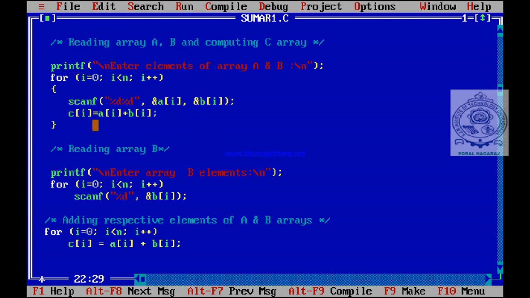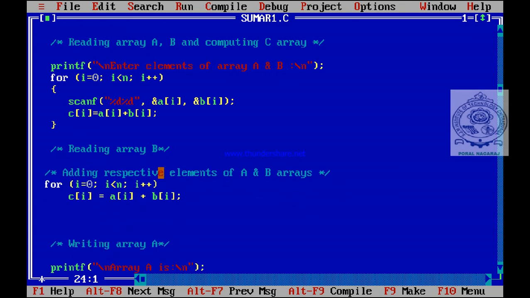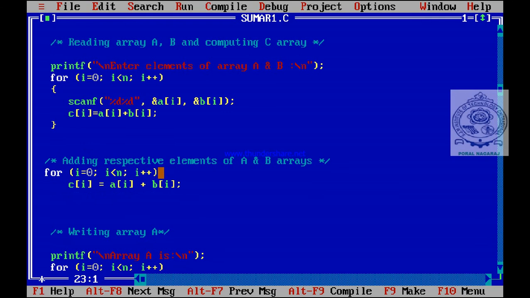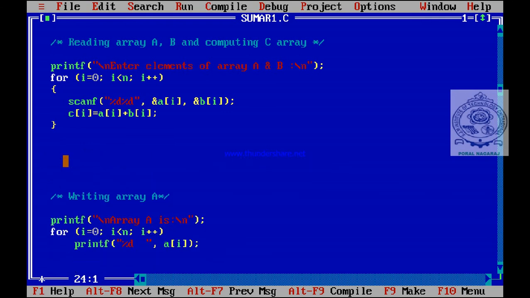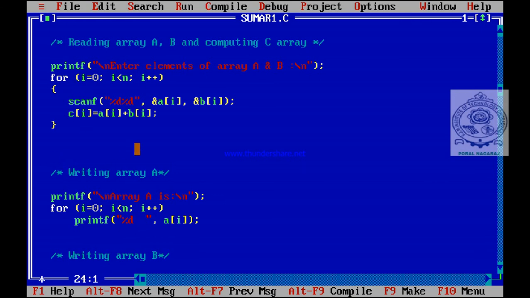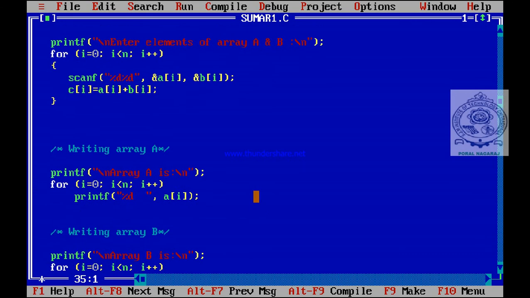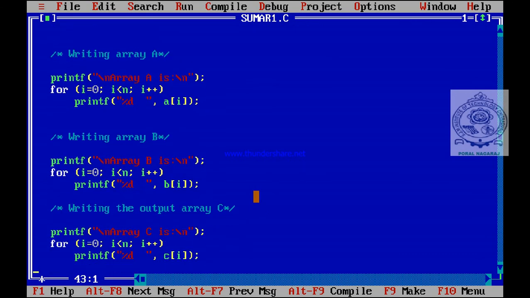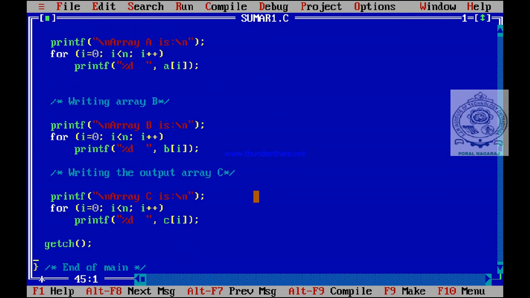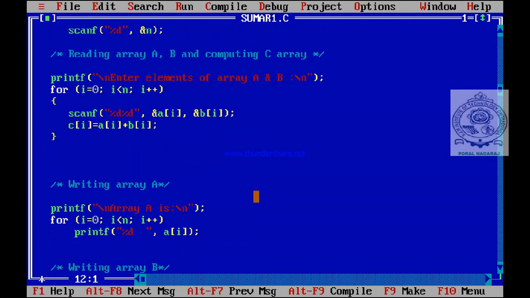So now this reading array is not necessary. One by one I am going to remove it. This is not necessary. And computing array elements is also not necessary. There itself we have included it. So once you compute the sum, this writing array A, writing array B, and writing array C is required. Output arrays, writing 2 input arrays, this is common. So this is how we can shorten our code also. Here itself I have merged, but while giving the output we have to be careful.